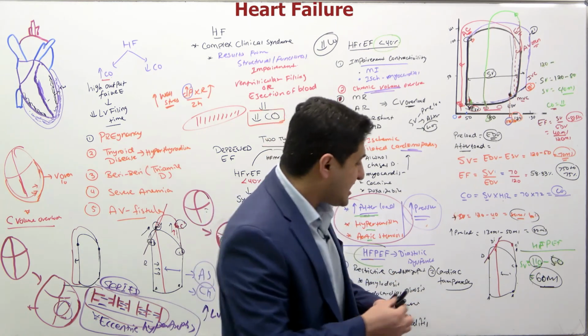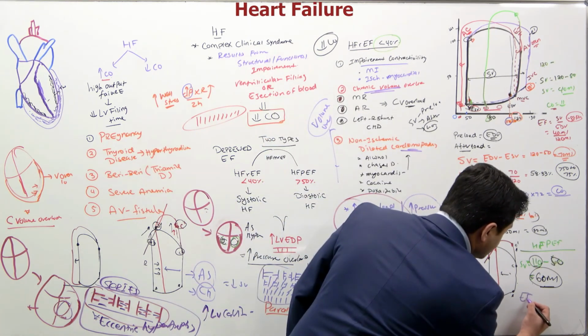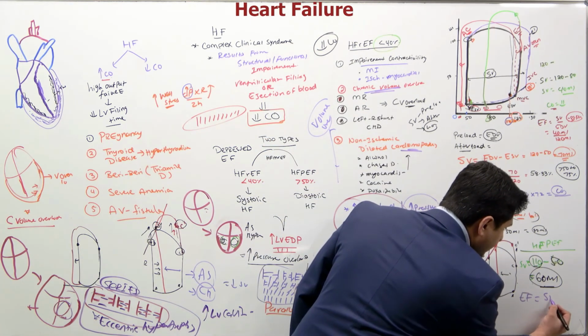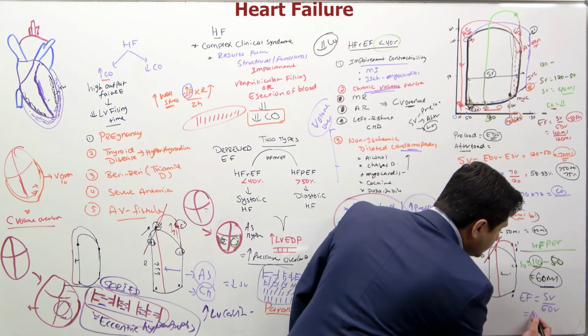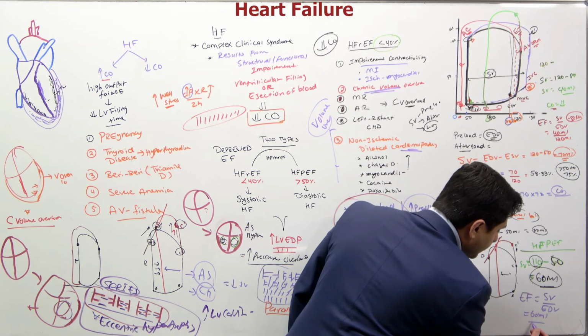Now, if you do ejection fraction, ejection fraction is stroke volume divided by end-diastolic volume, right? So you do 60 ml of blood over the